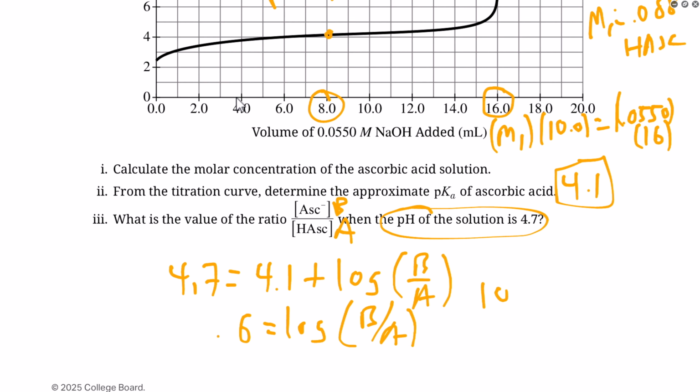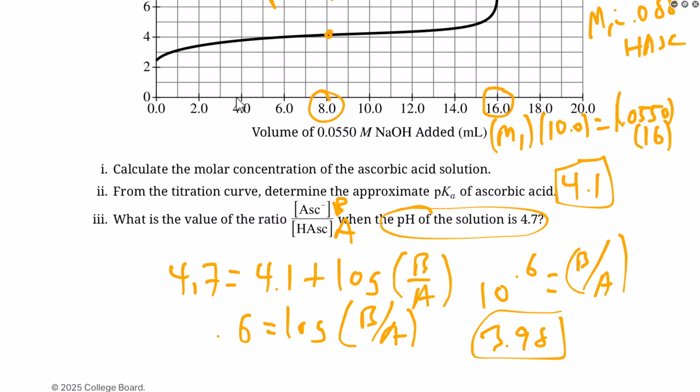And so we're going to take 10 to the 0.6 power to get the ratio of base over acid. Simple enough, because 10 to the power of is the inverse function of the log. So 10 raised to the 0.6 gives me 3.98 is the ratio of base to acid, which makes sense because